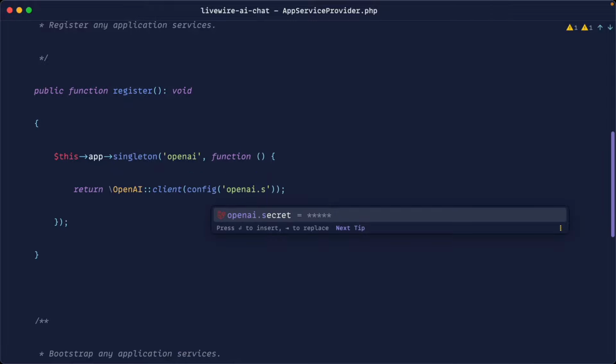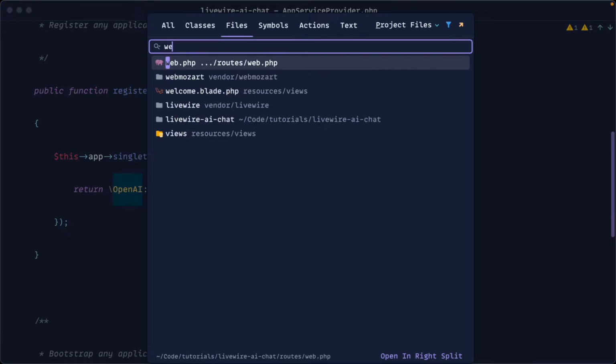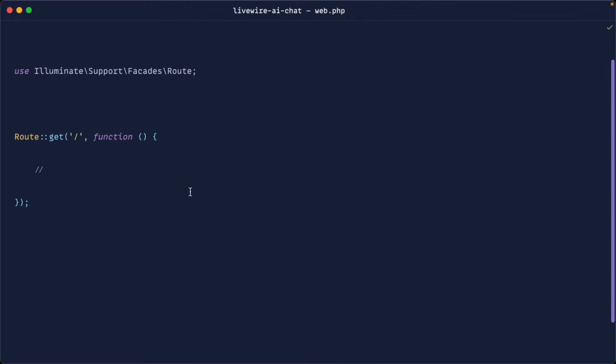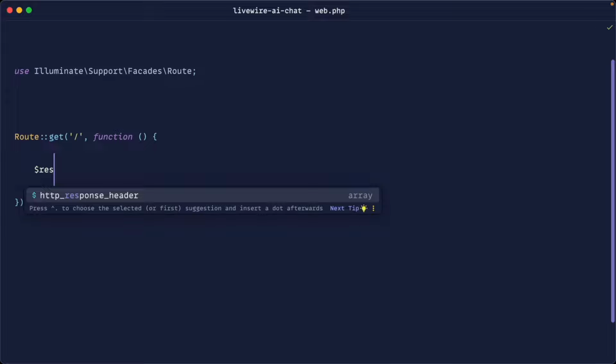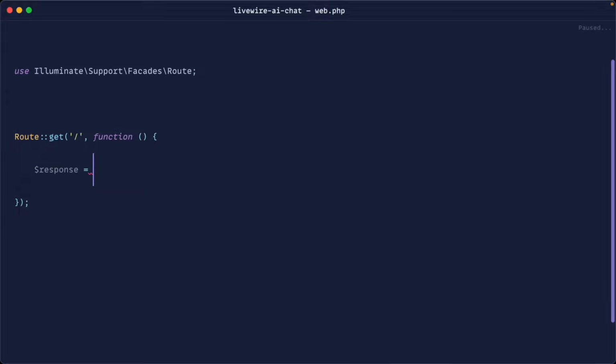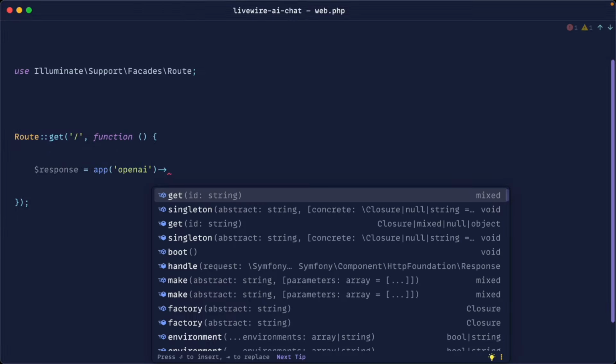It's OpenAI and then .secret. Okay, let's make an example request just over in our web routes. We'll just keep this simple. So let's go ahead and create out a response variable here. We'll go ahead and fetch the OpenAI item out of our container, and then we can just start to make